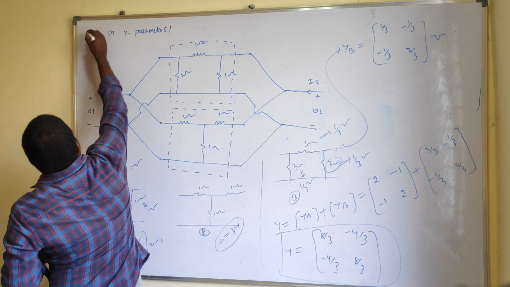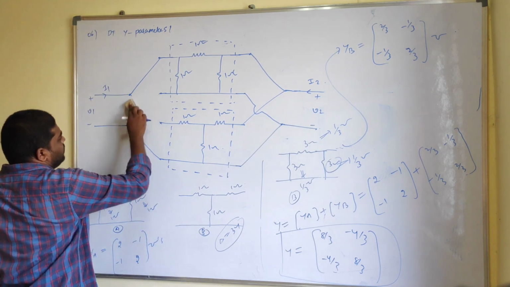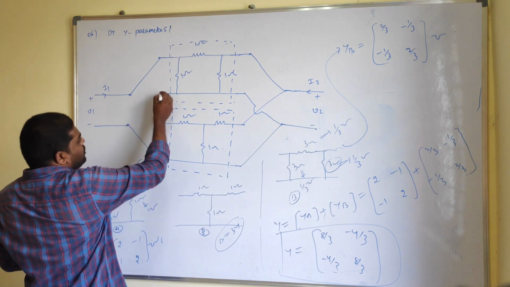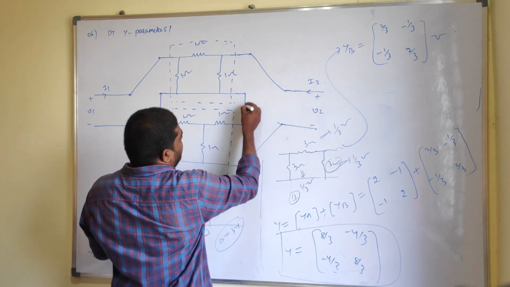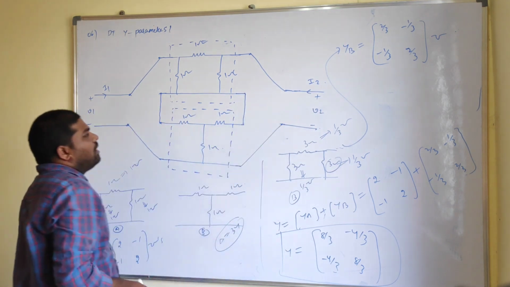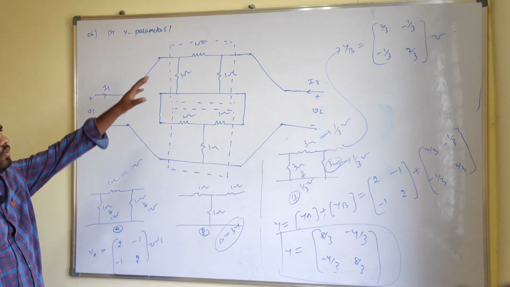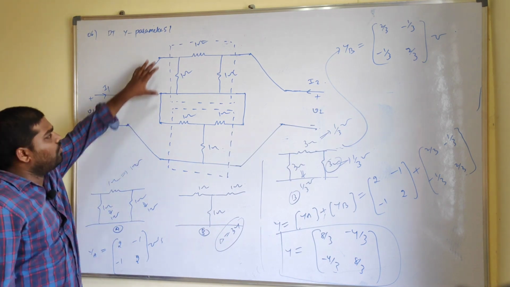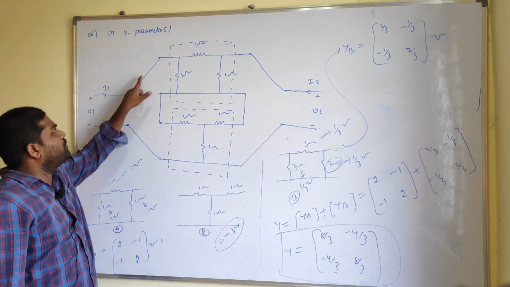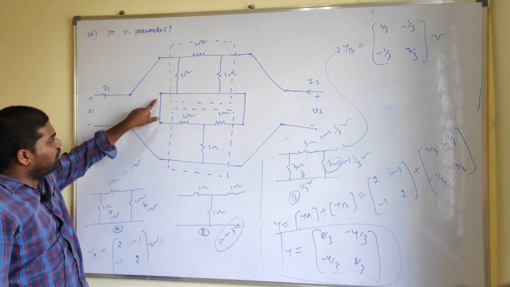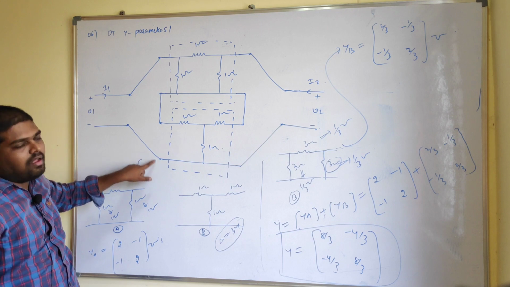So, the sixth one. I am changing the connection of these two terminals, and here also the same thing, I am changing the connection of these two terminals. Now it forms a series interconnection of two two-port networks. Why? Because out of 4 terminals, these 2 terminals are connected. So this current will be flowing through this network, after that coming into this path, and after that leaving from this last terminal.